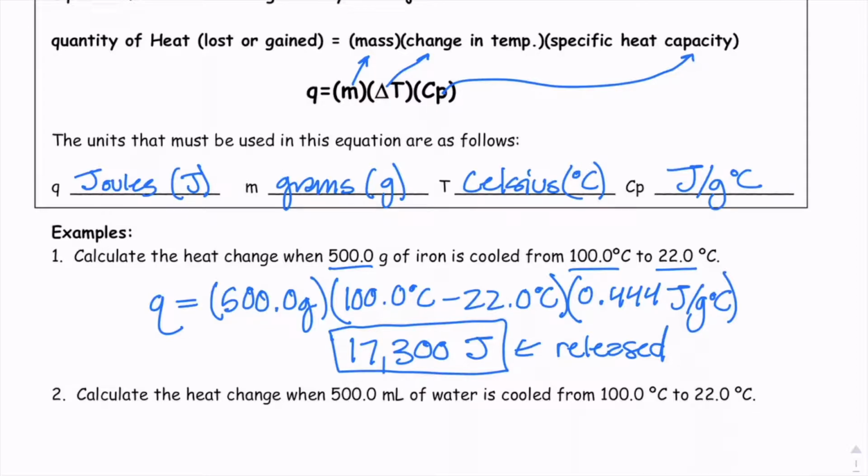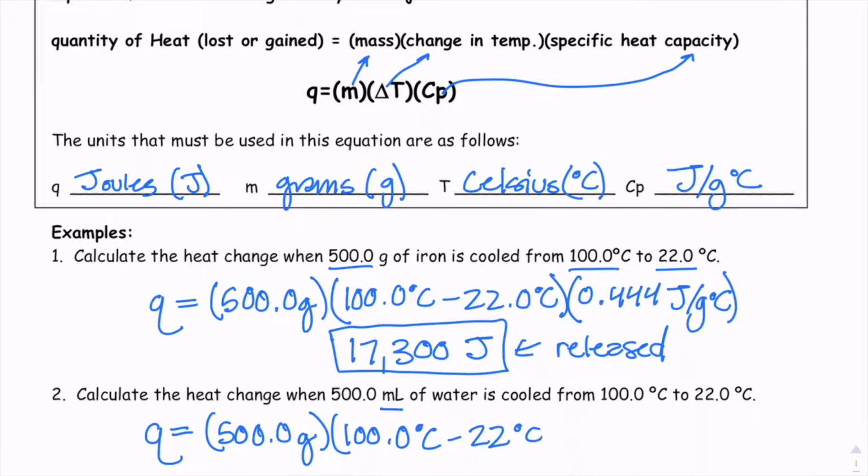Okay, now let's do the same thing for water. So remember that for water, milliliters and grams are the exact same thing. That only works for water, though. If it's some other substance, you have to look at its density and do a conversion. Water is 4.18 joules per gram degree Celsius. You'll have that memorized after not too long because we use it all the time. And you get